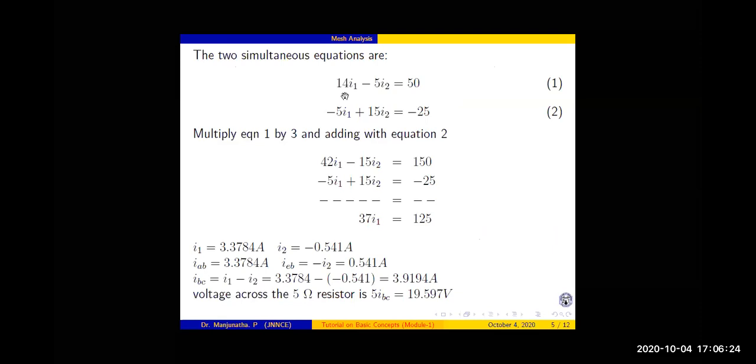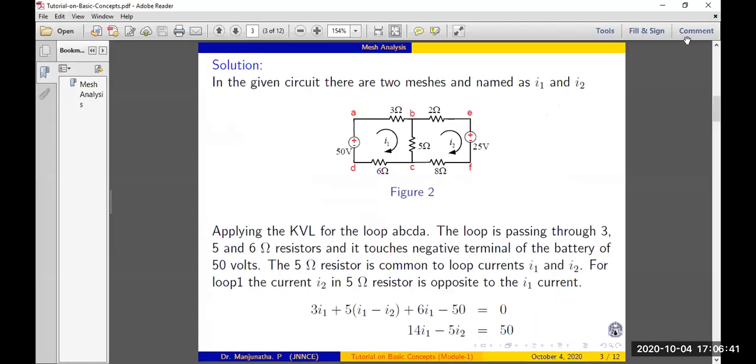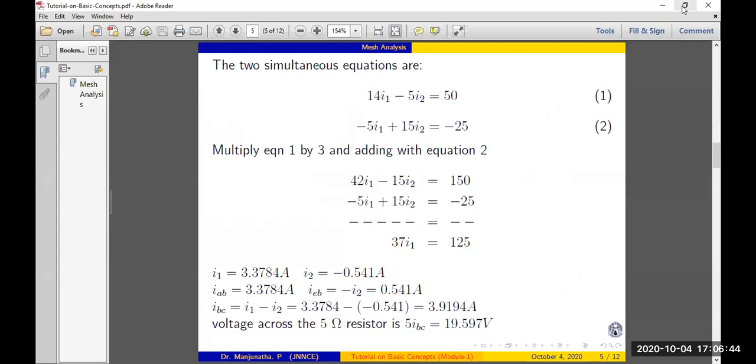Next, those two equations I have written here, 14 I1. Solving as usual, we know the solving, so we can solve these two equations. Now, using your calculator, how do we solve? Okay, I will share the screen to show how to solve this. I will show this Casio FX.